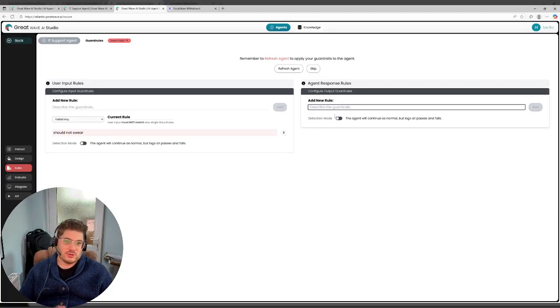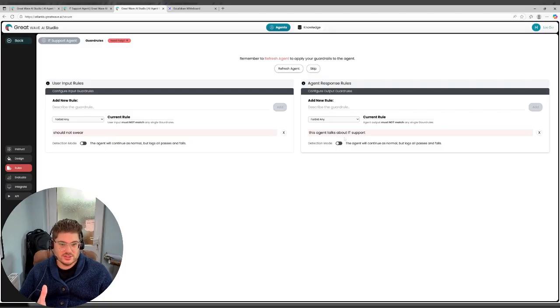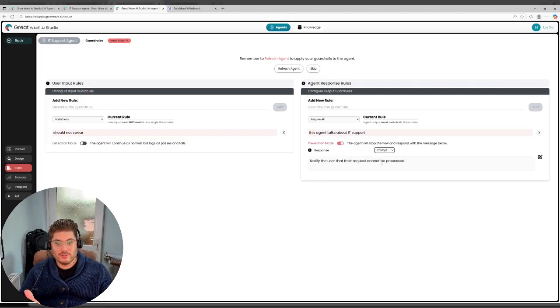And the output, again, we're trying to protect against what the AI may hallucinate. If we take the worst case scenario, we've got an inside actor, they're trying to jailbreak our system. We want to make sure that this agent only talks IT support. If it comes back with a response that isn't about IT support, it will shut it down. Again, you can forbid it or require it. We can have it detect, a bit like a firewall, it detects it and lets it through, or we can just stop it and get a prompt back to the user. So that's the way we can secure our agents.